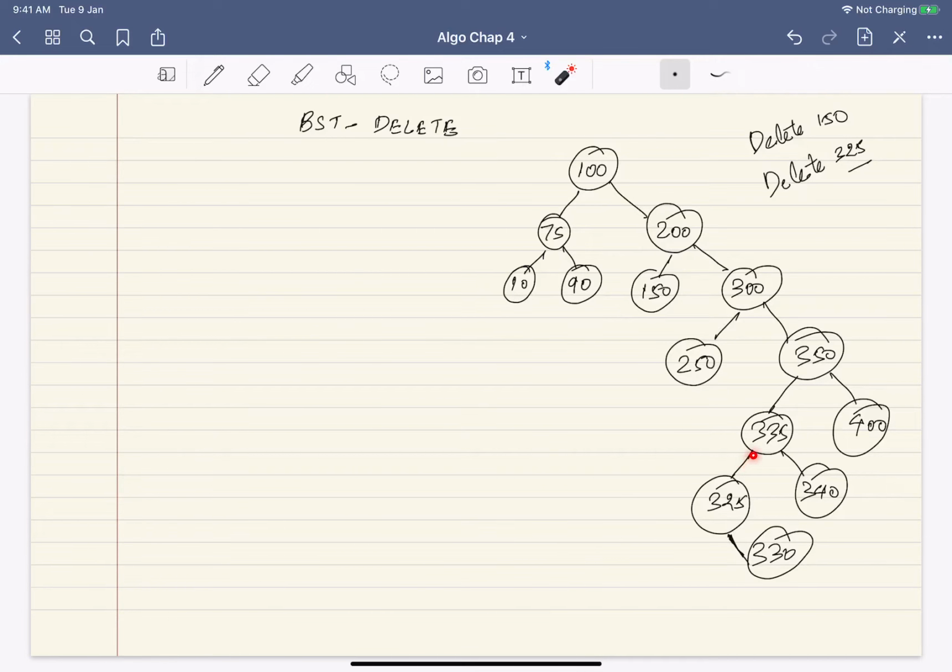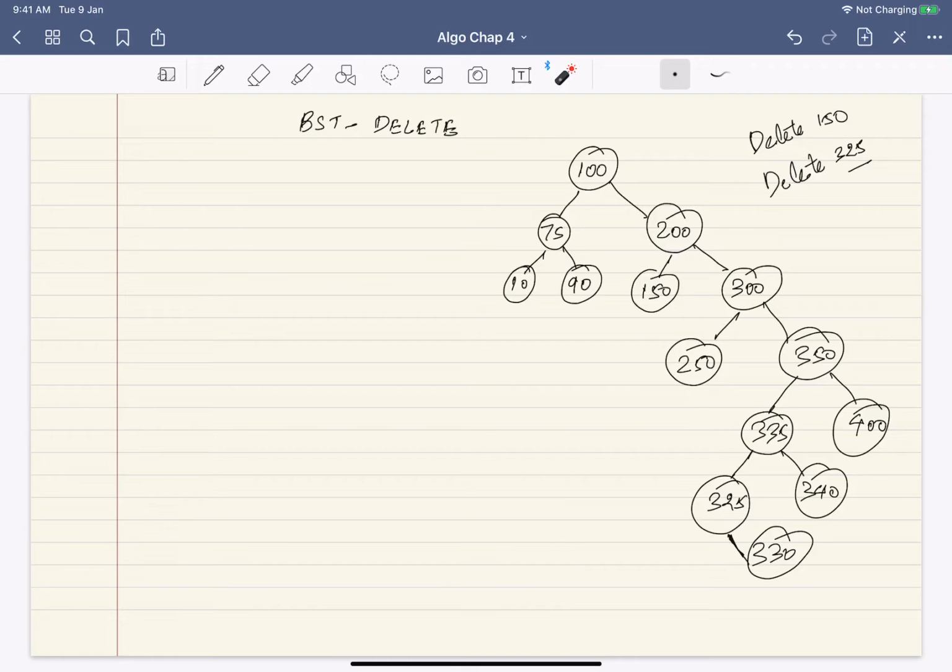Let's see what will happen. There will be no way to access this subtree. That is fine because I have to delete 325, but in this process I'll also be deleting 330 because there is no way to even access 330. I don't want that.